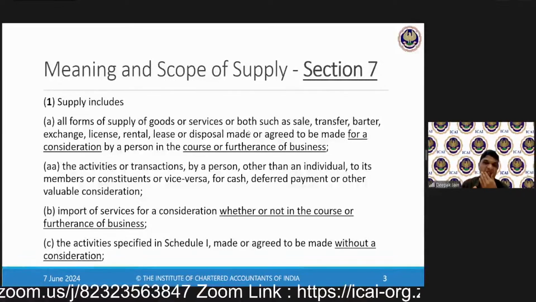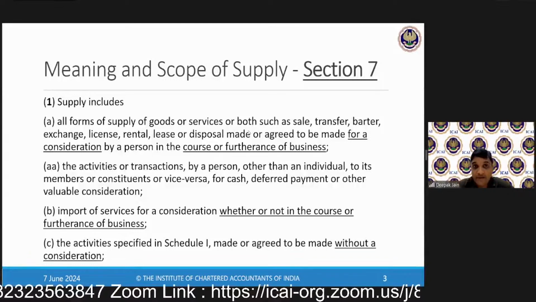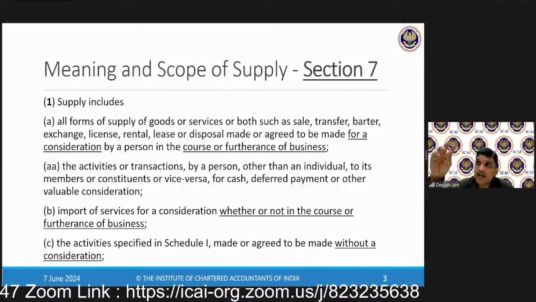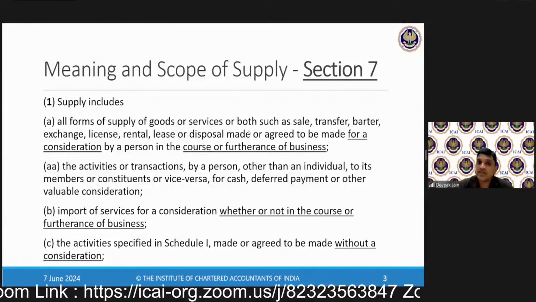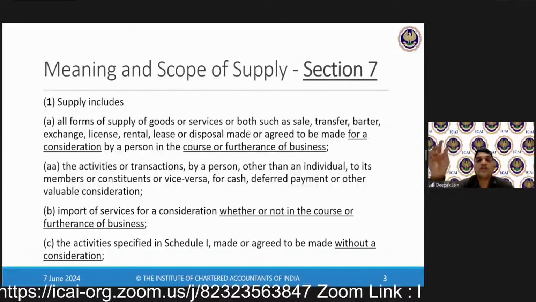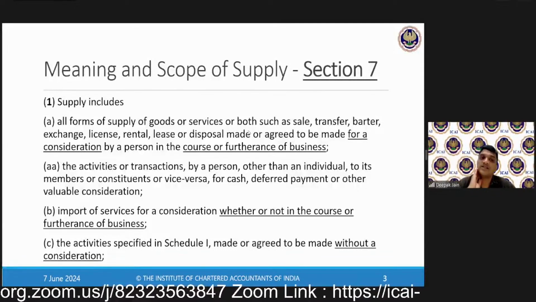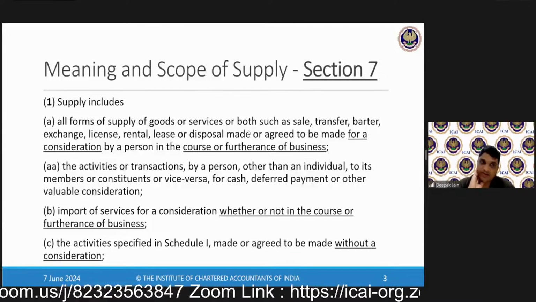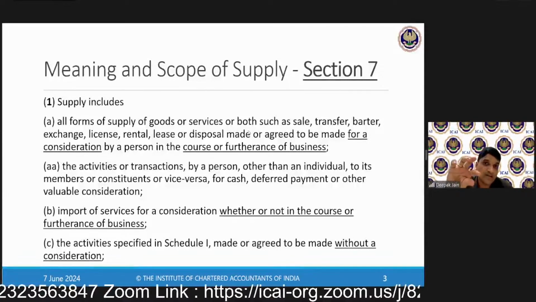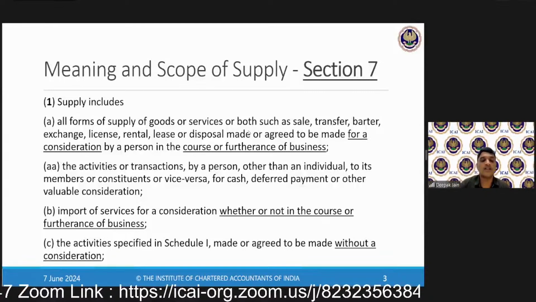So in the definition of supply itself, they are now clarifying that any activities done by a club, any kind of service charge, any kind of supply of goods, which it is doing for its members, like serving food to its members, on that also GST is applicable. Okay, that is 7(1)(a). Then 7(1)(b) is import of services for a consideration, whether or not in the course or